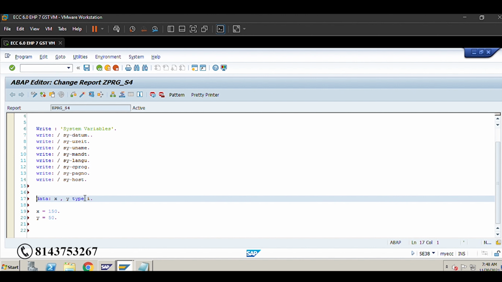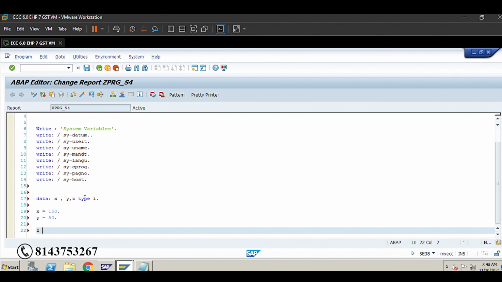I'm also defining another variable, z equal to x plus y. See here, write sy-subrc.